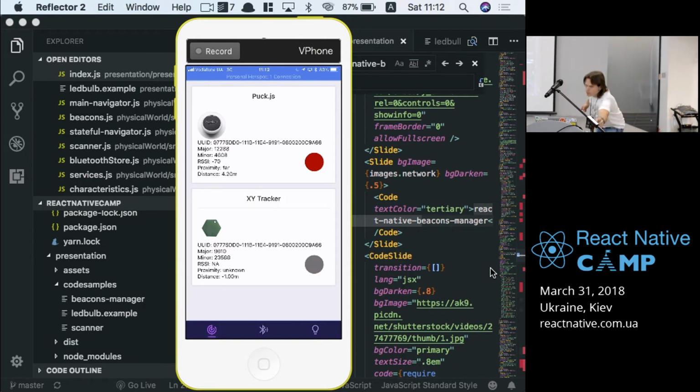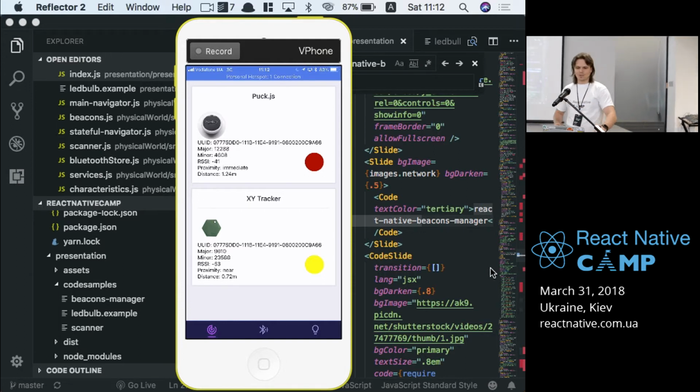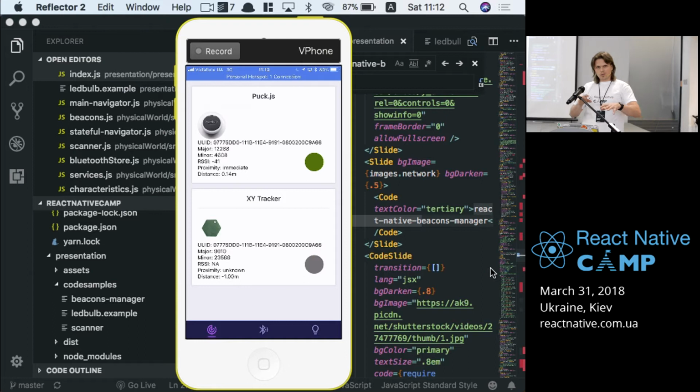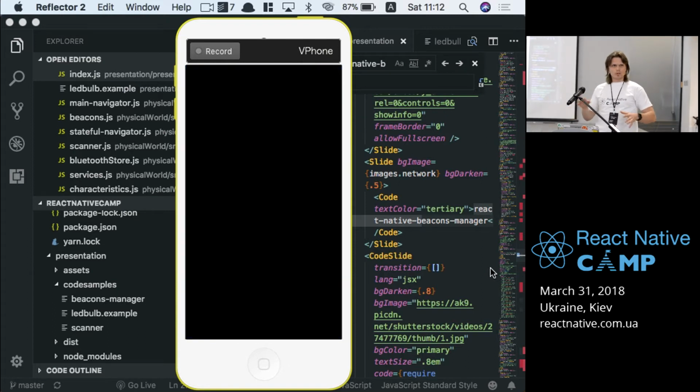So let me put this here. Now it's green, right? Because it's close. Now it's somewhere in the middle. I need to catch the spot. Maybe here. Somewhere it's yellow. Okay, trust me, somewhere in the middle it's yellow. It was yellow here, yeah. And now they will turn green because time passed. So as you see, it's correct to a precision of 1 meter plus or minus, right?